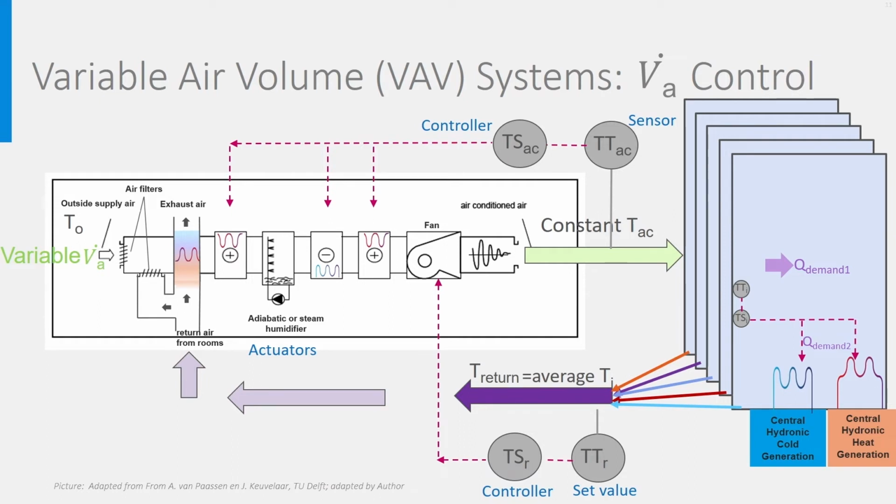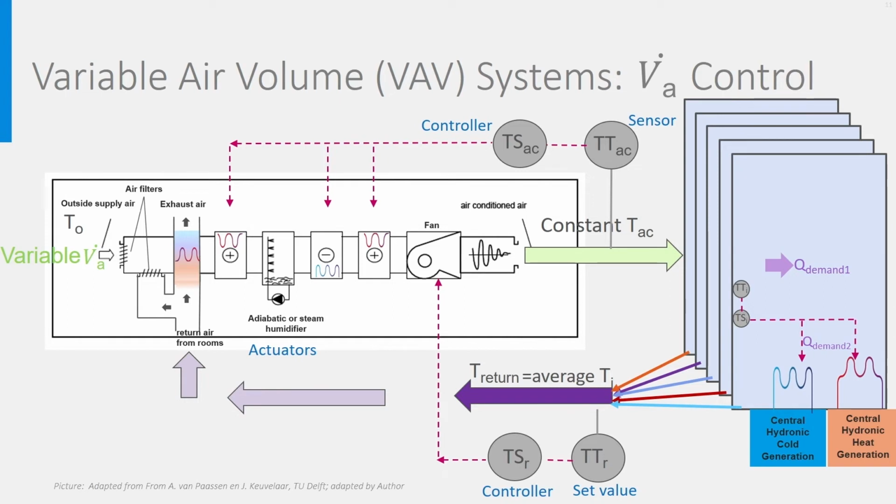This VAV system has two big advantages over the CAV one. First, at partial load, the volume flow rates are strongly reduced, by which the velocities in the pipes are reduced as well, leading to much less pressure loss and therefore much less fan energy. Because most operational hours are in partial load, this makes these systems very energy efficient. Note that the controlled volume flow rate VA must always be kept above the minimal value needed for hygienic air.